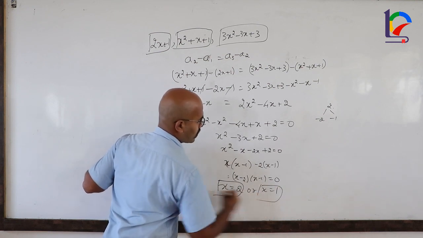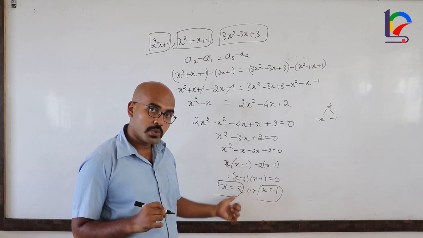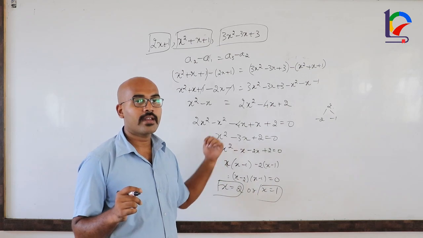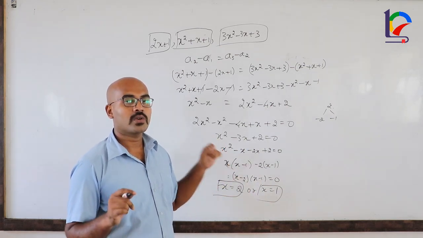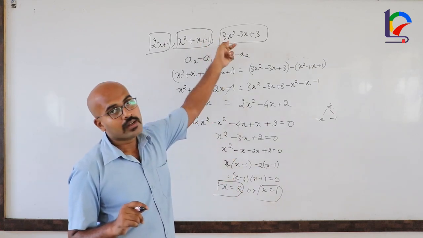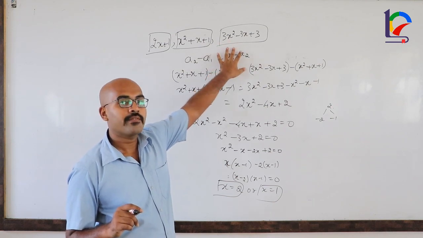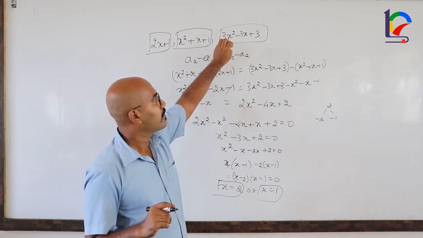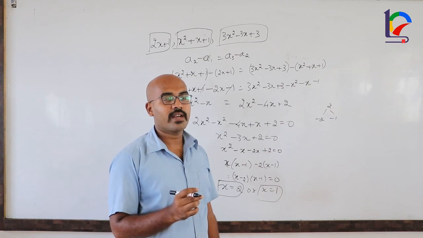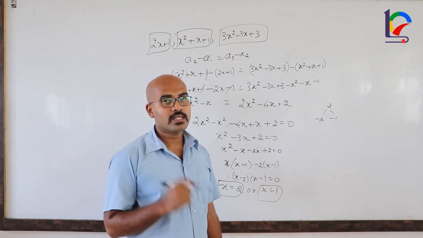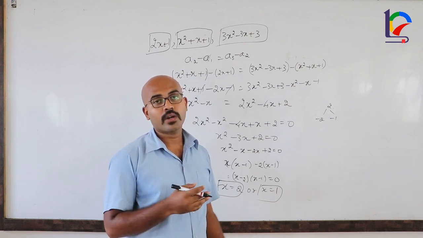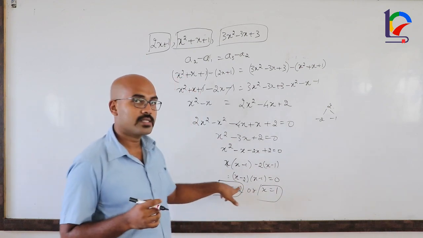You need to be very careful, because here the value can be 2 or 1. It's not and. So you need to write both the values. If you write any one, you will be losing the marks. So x is equal to 2 or x is equal to 1. For both the values, the arithmetic progression will be the solution. Once you solve this, try to cross verify whether whatever you have done is right or wrong, because in such kind of problems you have the option to cross verify, and you can't lose the marks. So let's take x is equal to 2.